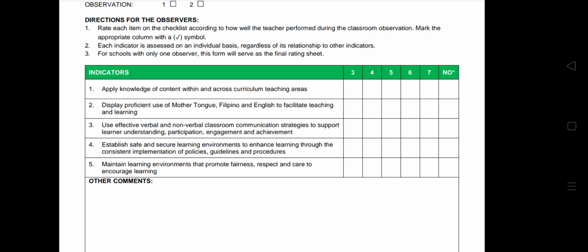So, dear fellow teachers, if in every activity, in every situation, you are consistently implementing safety policies, guidelines, and procedures, I will give you 7. For me, I will be giving 7. Hindi mahirap sa akin magbigay ng 7 sa lahat ng teachers ko. Okay? Pag nakita ko ang indicators na ito na present sa inyo, especially this time of pandemic, siguro ang palaging sasabihin ng teachers,